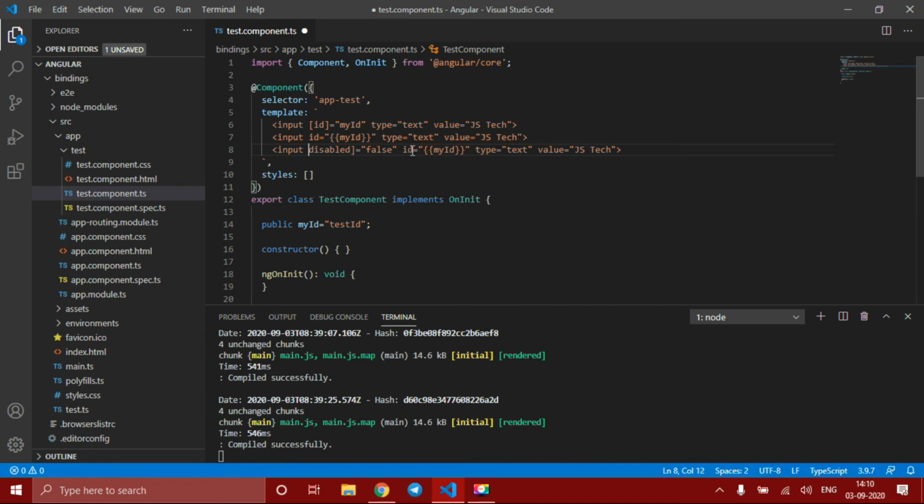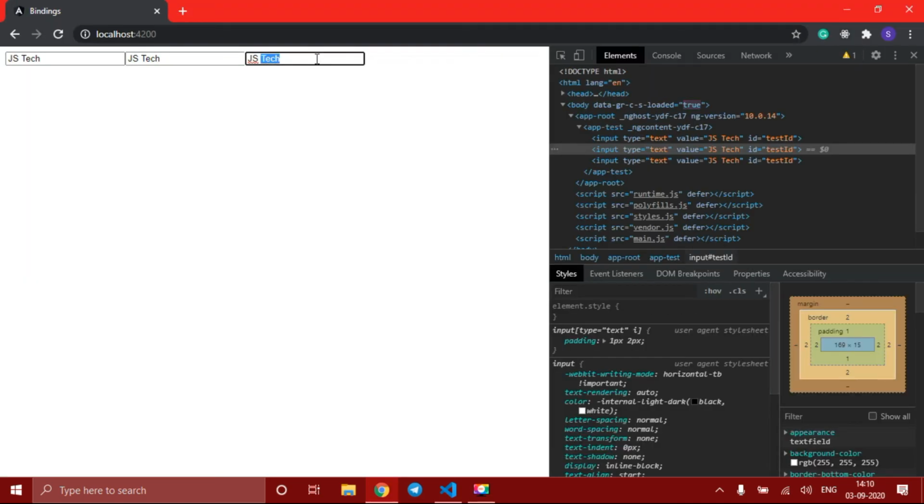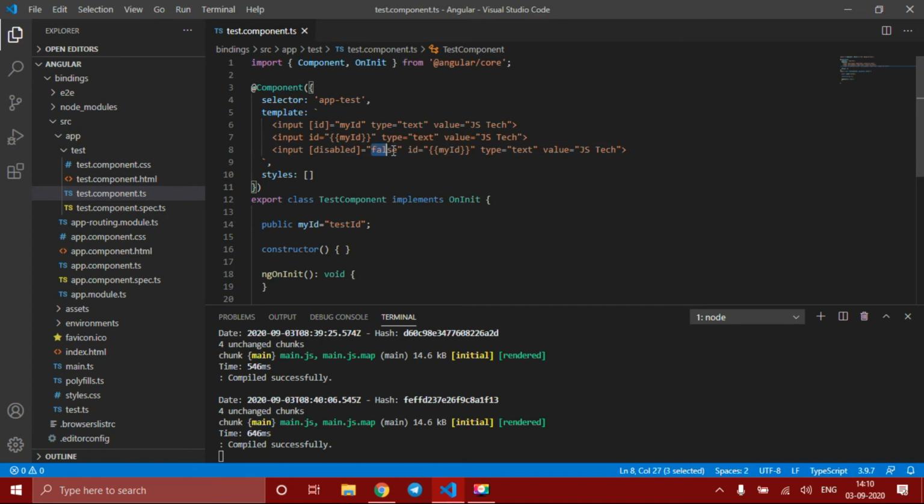Just use square brackets here. Now let me reload. So this works now. If I use square brackets and bind that, we can change this. That means it is working. This false is working now. So that is why we use property binding.